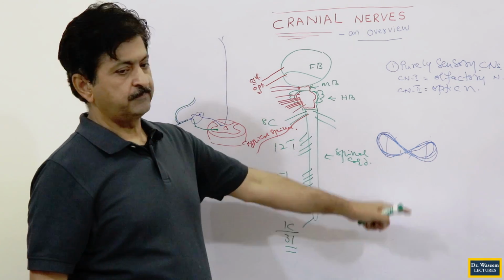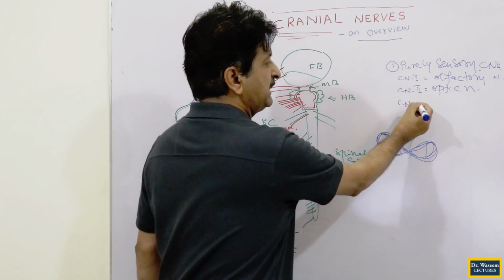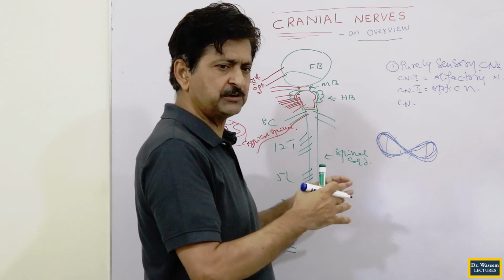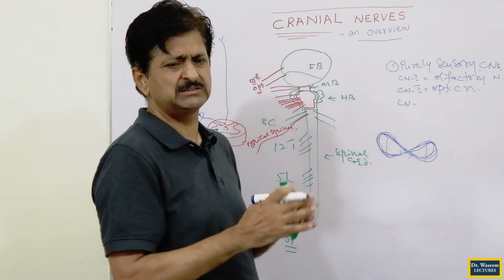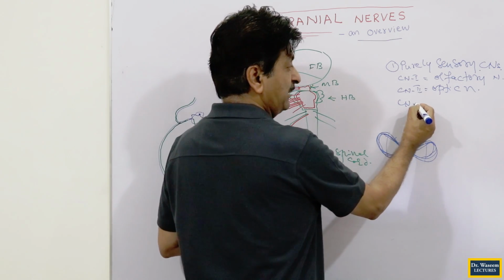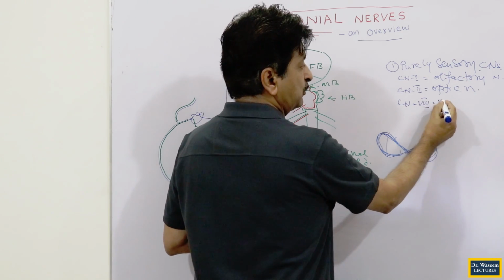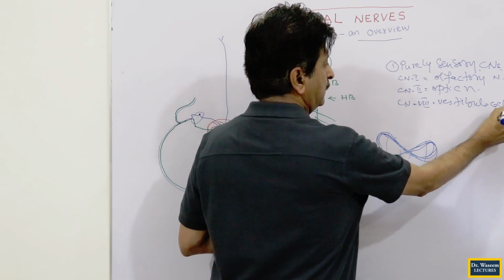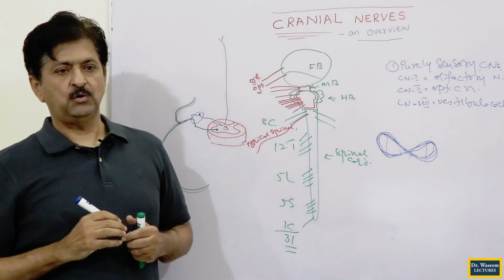You make this your 8th nerve. This is what we call here. Actually, in the beginning I am just giving you something fun, so that after some time, when you are discussing with your friends, you will have these things on your fingertips. This is what we call the 8th nerve, and the 8th nerve is called the vestibulocochlear nerve.